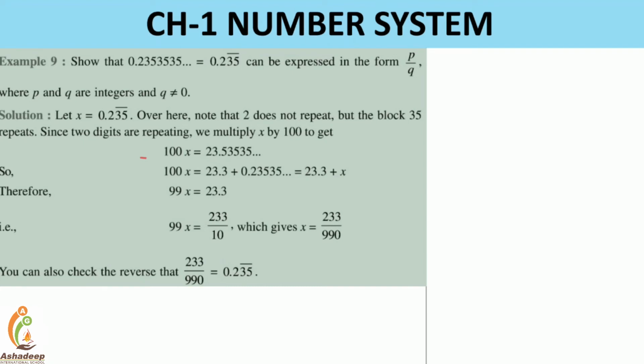See here, multiply by 100. Then what you have to do is simply take 23.3 common. Why? Because you need to compulsorily write down this number here. So how can you get that number? That is simple, subtract this number from this number. That way you can get this one, right? So this is a bit challenging method, so better you just go with equation number 1, equation number 2, and solve by that method. I write this method over here because it is given in the textbook, right?